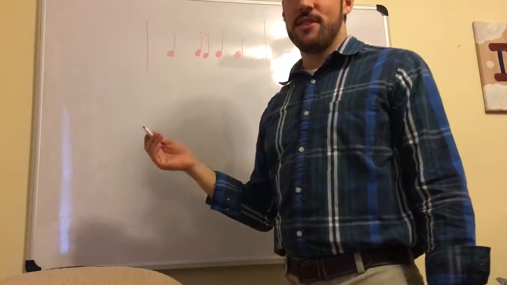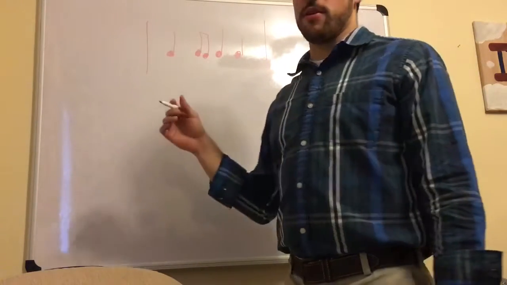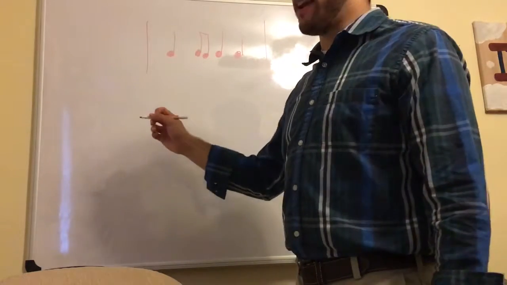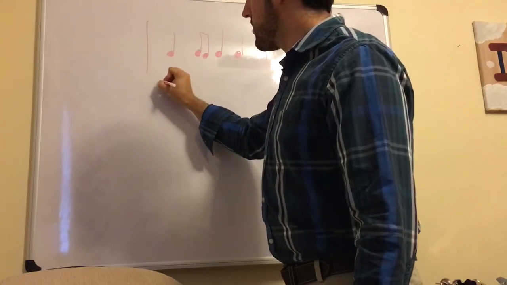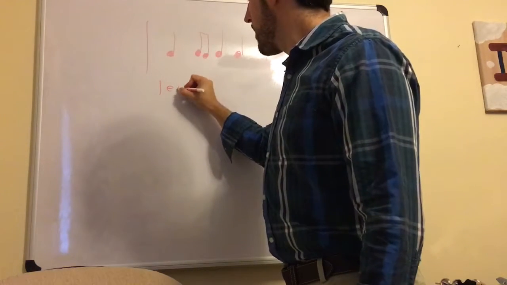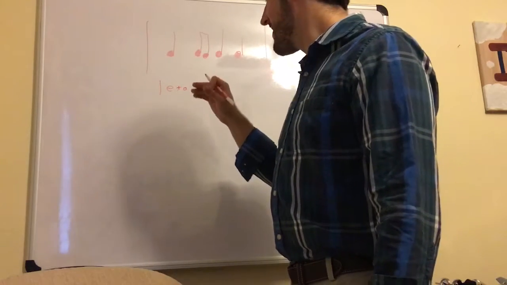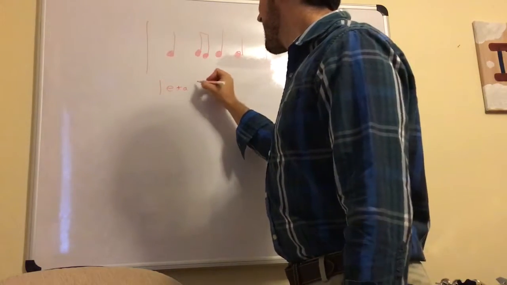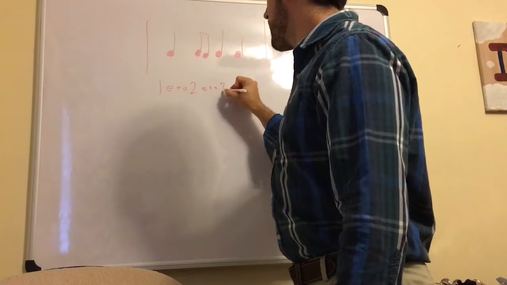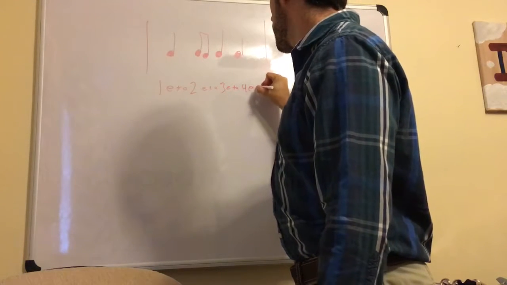Now sometimes we even have 16th notes in there. And so it'd be 1 E and 2 E and. So let me just write it out on the board here. So you would see 1 E, and then I'm going to put a plus, A, not ETA, E and A. 2 E and 3 E and 4 E and